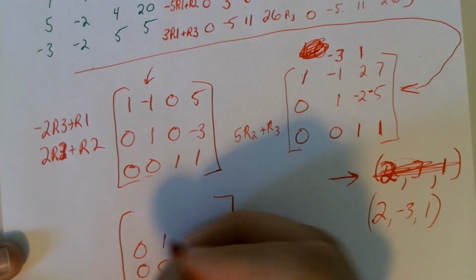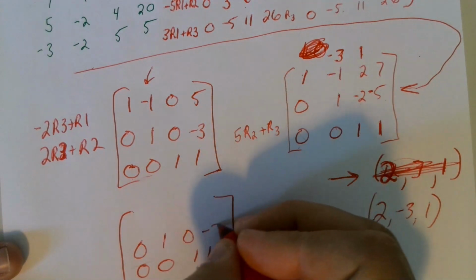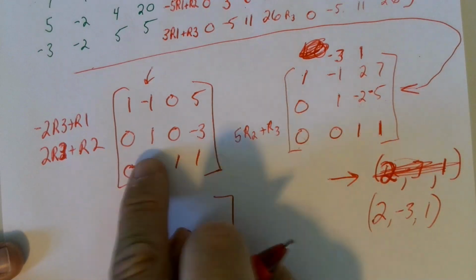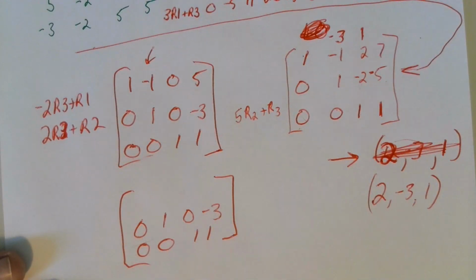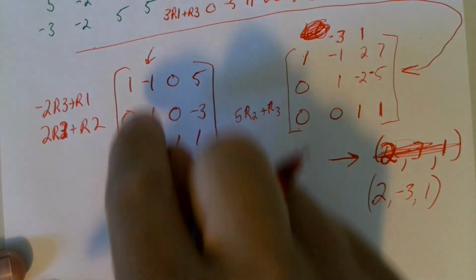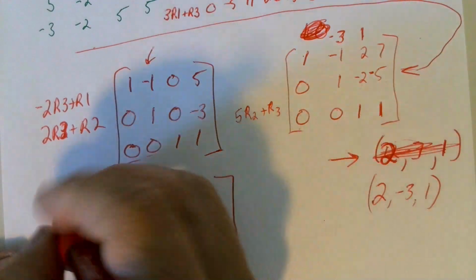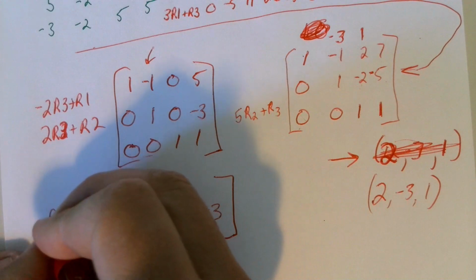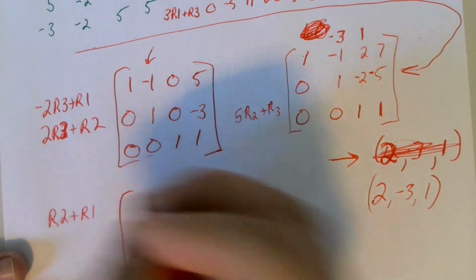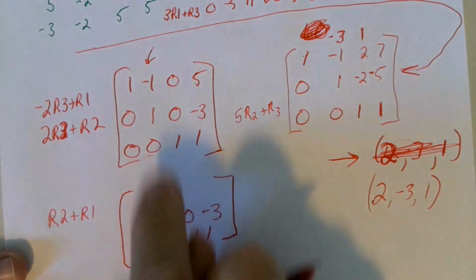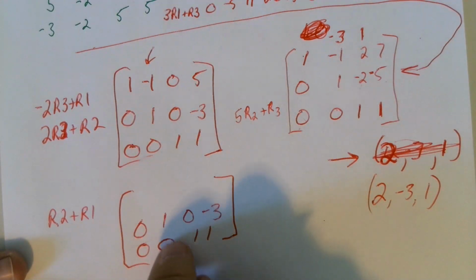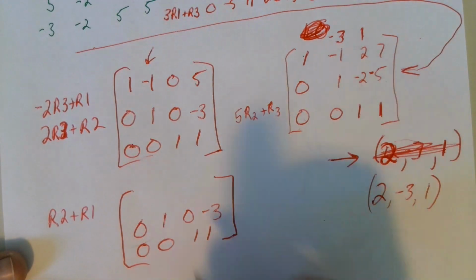My middle row is perfect. I don't want to change that. Middle row stays the same, just the way it is. But now I'm going to use my middle row to kill off this -1. And I hope you can see that all I have to do is add row 2 plus row 1 because they're already opposites. But if I had to do something else, some more math, some crazier stuff, I could do that. Okay, so